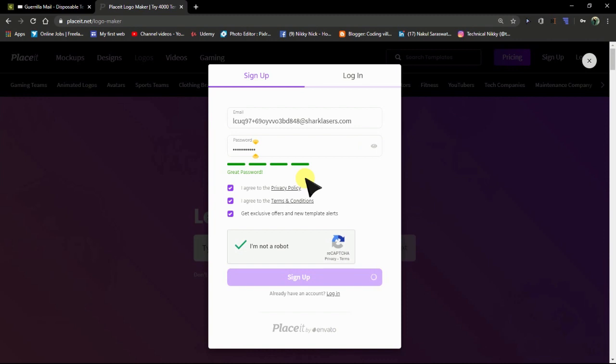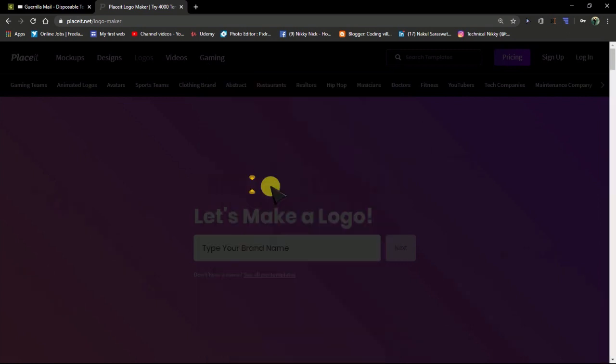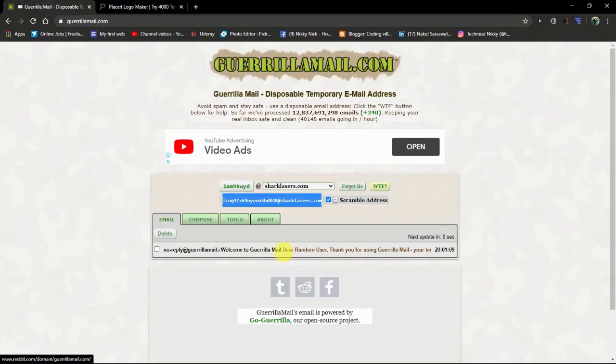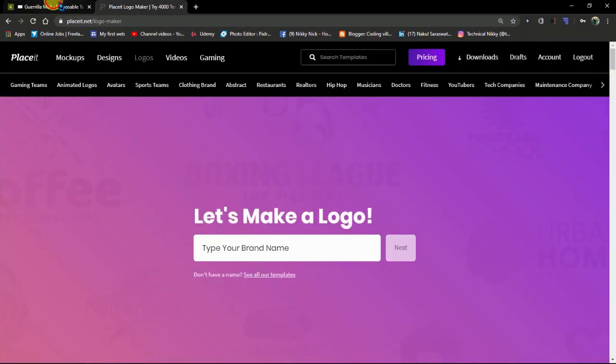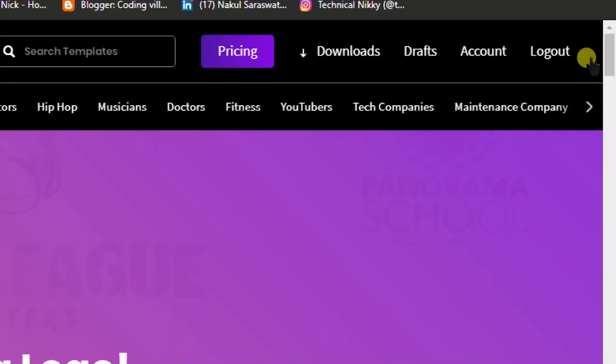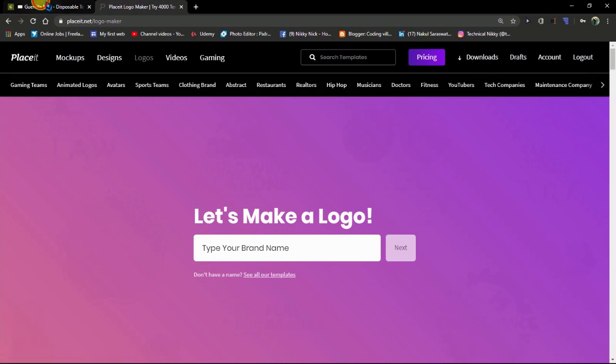Now we have completely signed up on this website, and if the website sends a notification or verification email, we will get it here. Otherwise it will not send. Here we have signed up; you can see the log out option, which means we have logged in to this account with Gorilla Mail.